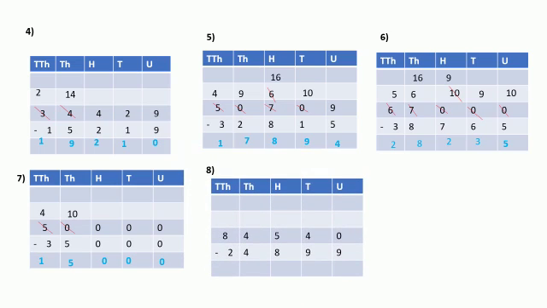Eighth one, 0 minus 9. Subtraction is not possible. We are going to borrow it from tens place, 4. 4 will become 3 and 0 will become 10. 10 minus 9, answer is 1. 3 minus 9, subtraction is not possible. Again we are going to borrow it from hundreds place, that is from number 5. 5 will become 4 and 3 will become 13, because we have borrowed one number from 5. 13 minus 9 is 4.